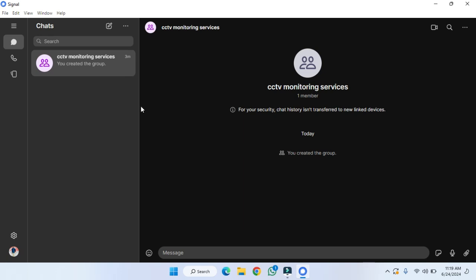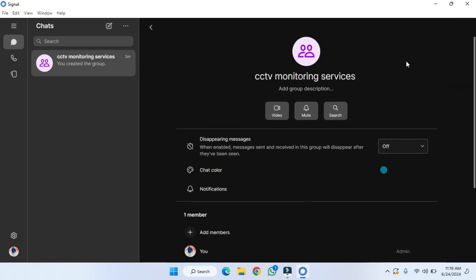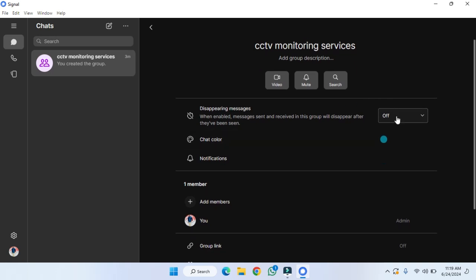So let's start. First of all, we need to open the group. After opening the group, as you can see, there is a three dot option. We have to click on this, and after clicking on this, as you can see, there is the group settings. So we have to click on the group settings, and after clicking on the group settings, as you can see,